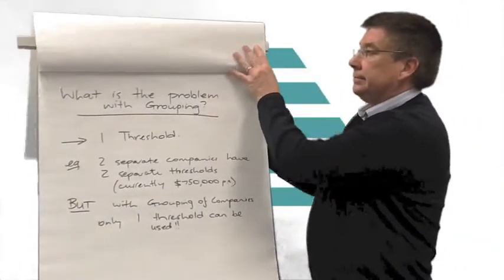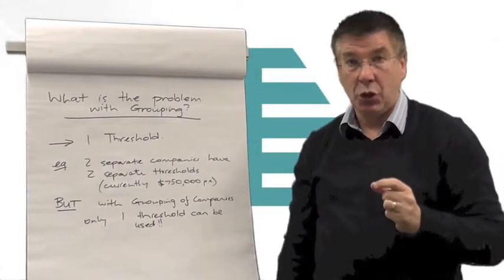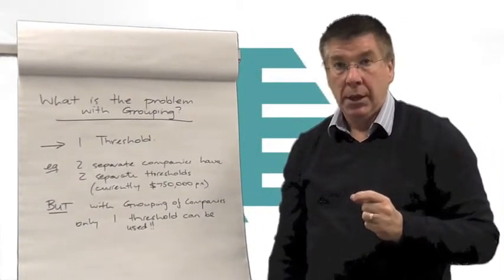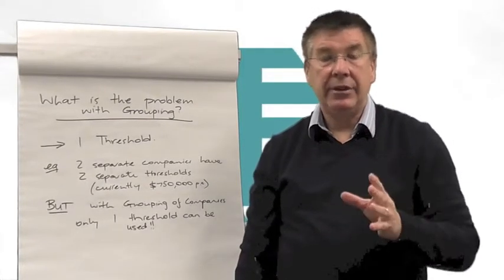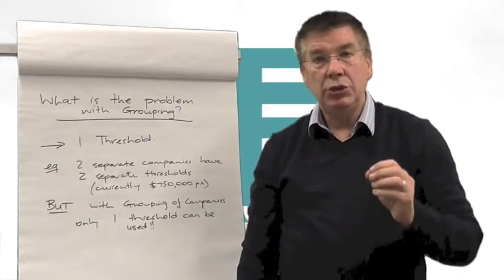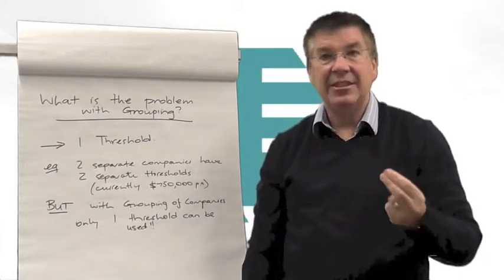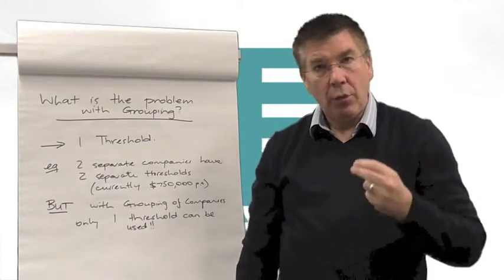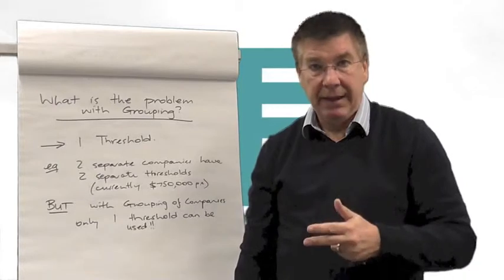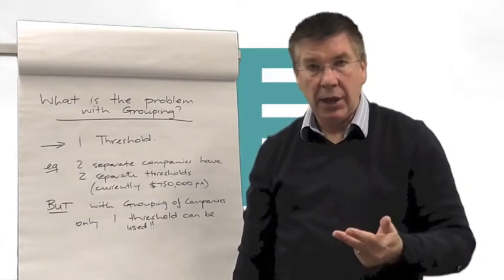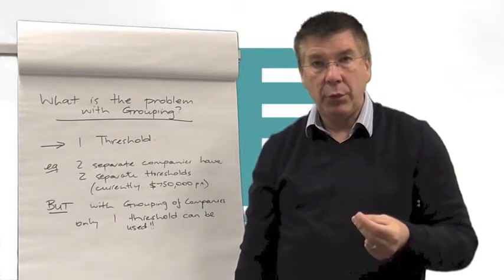What does this mean? What is the problem with grouping? The problem with grouping is the fact that you only obtain one payroll tax threshold for the whole of the group. So in other words, if you have two separate companies that are considered separate businesses, each company has currently a $750,000 threshold, which means you don't pay payroll tax if your wages, superannuation and contractor payments are less than $750,000 per annum. Once you go above that threshold, $750,000, you pay payroll tax at 5.45% on the amount above $750,000. So $1 million wage, superannuation and contractor bill would mean you pay payroll tax at 5.45% of